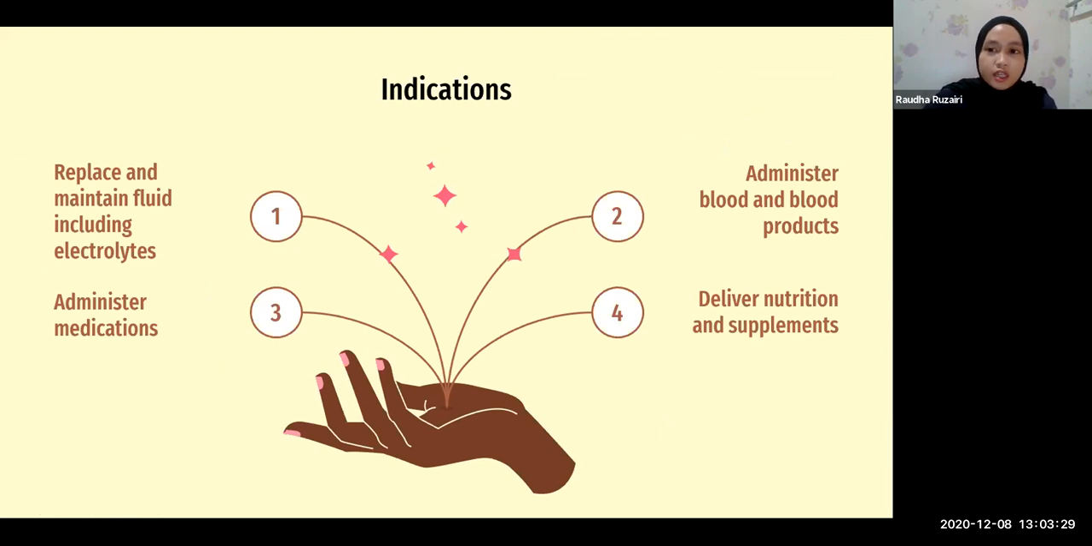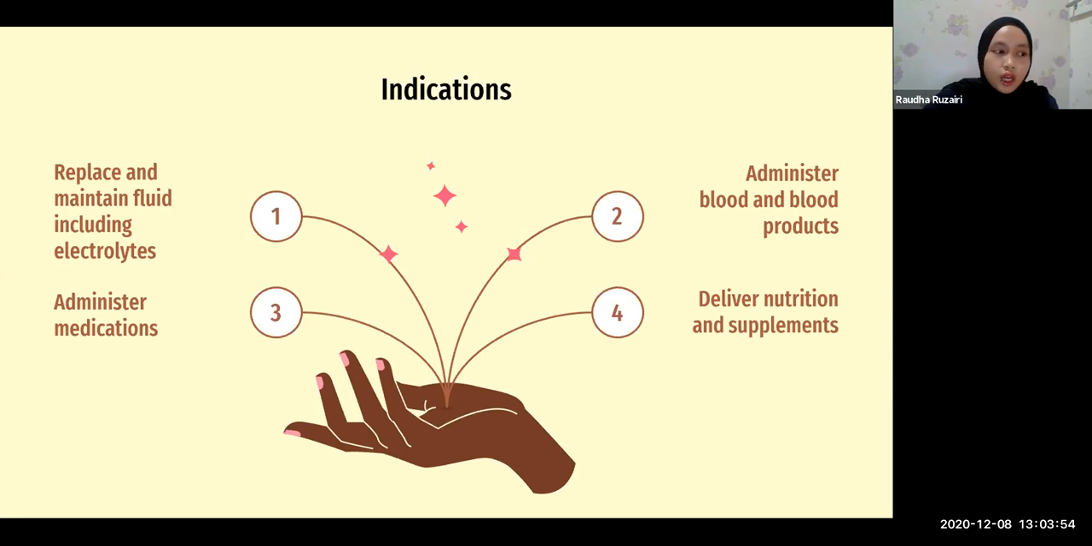Second, to administer blood and blood products, such as when the children require surgery, so he or she will require extra blood from the donor, or when they have hematological problems such as hemophilia. The third one is to administer medication such as chemotherapy or analgesic. And the fourth one is to deliver nutrition and supplements when the patient is unable to obtain adequate amounts orally or